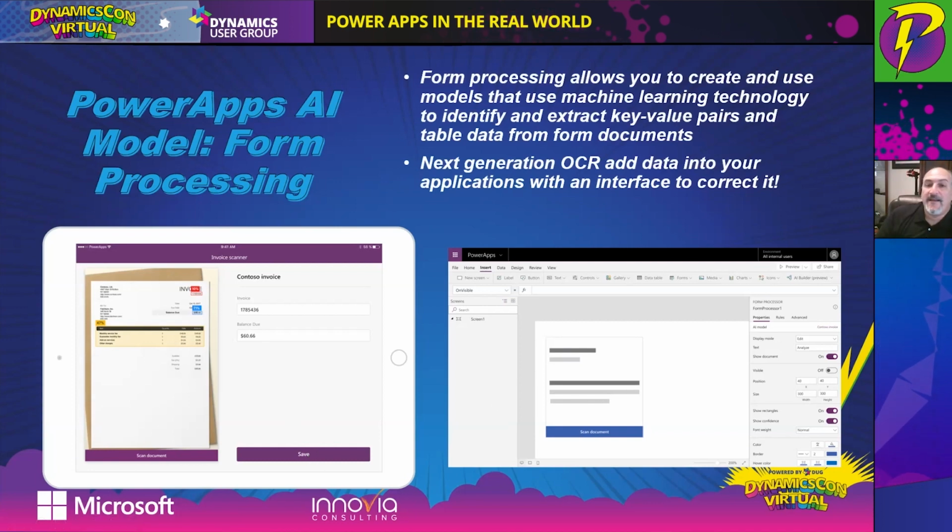So I can then take, using machine language, the model will execute, it will look for the different fields, fill them inside, and create that exact invoice that we need to pay right inside of my system. Would that save your accounting team some time? Think about some teams that maybe do 50 or 60,000 of these. You could even have your developers write a job that processes this automatically by calling this Power App.